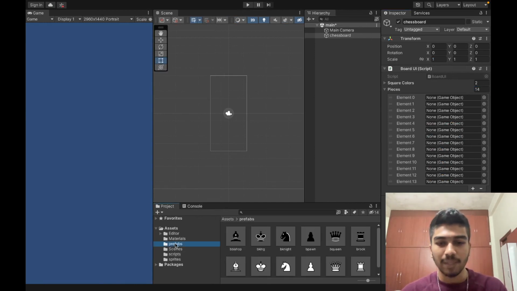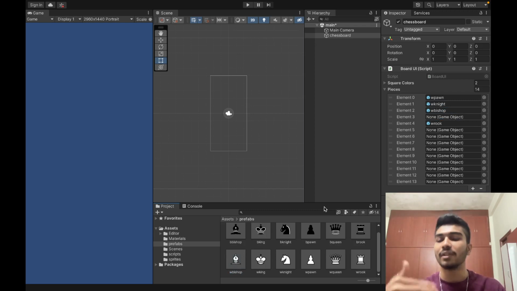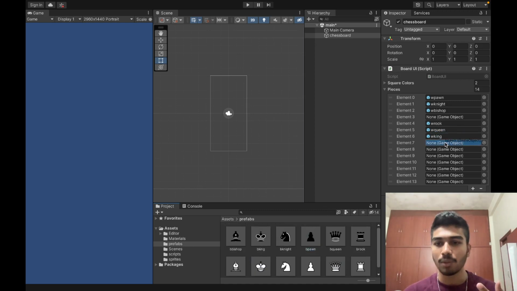So if we go to our prefabs folder and just make sure that a white rook is over here, and the rest of the pieces should be in the correct order. So a pawn followed by a knight followed by a bishop. Then the third element has to be empty because we left the value 4 not assigned to any piece, followed by the queen, the king, and the same thing goes for all the black pieces. So the black pawn, the black knight, the black bishop, the black rook, again leave one space empty, the black queen,